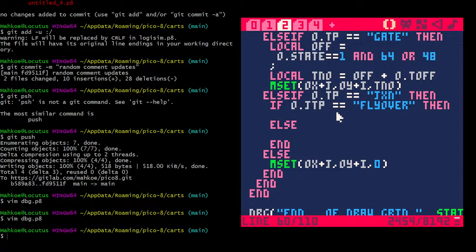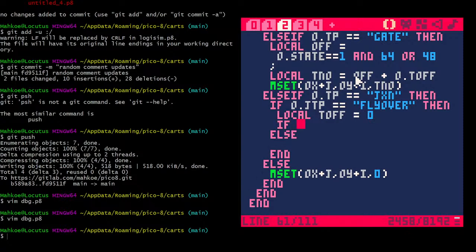I also think it's fine to implement it this way, so let's just keep going. If it's flyover, we need to get which tile it is, right? So local T off will start out at 0. If O dot port